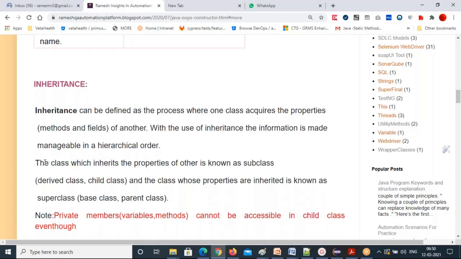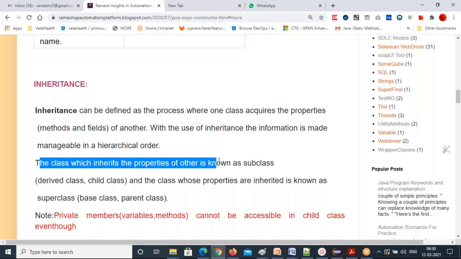And the class which inherits the properties of another is known as a subclass. Which class is taking the parent class properties? That class is called subclass, derived class, or child class. These are the three names.